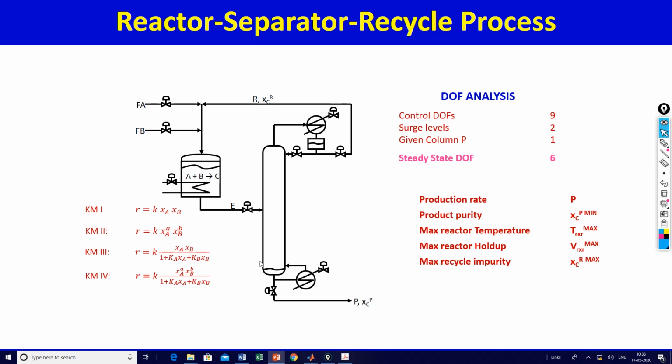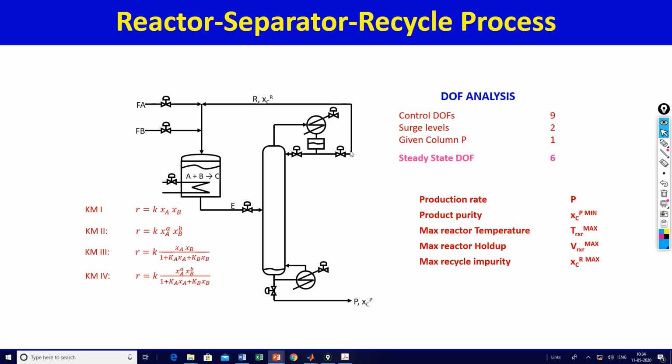You also need to maximize the hold up. So maximum temperature, maximum hold up for the same reasons, maximizing single pass conversion to minimize the recycle and hence the boil up. We are also saying that the impurity in the recycle should be held at maximum, and the maximum impurity may be, say for example, 1%, 2%, but not more than that, because you don't want too much heavy impurity going up the top, because that will typically create fouling issues, and catalyst deactivation issues and things like that.